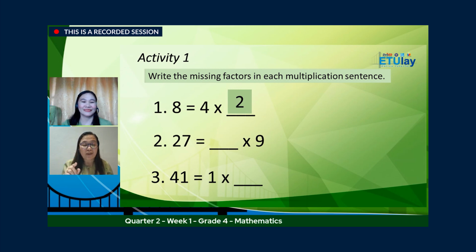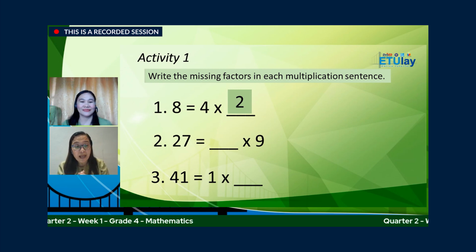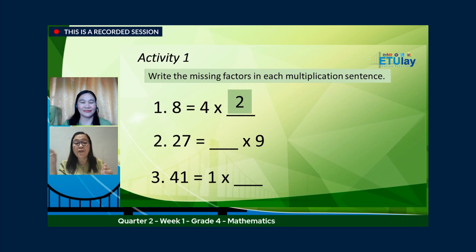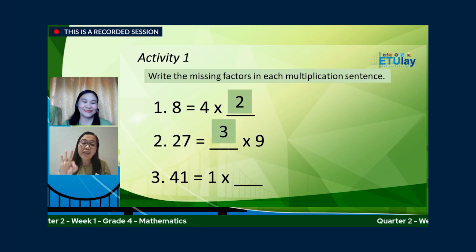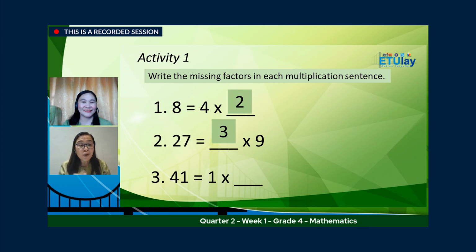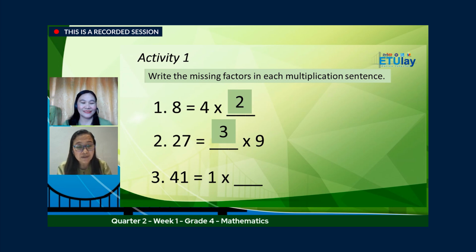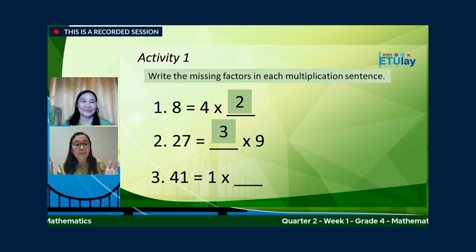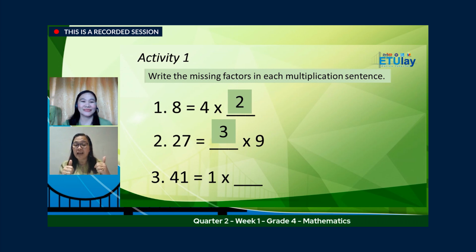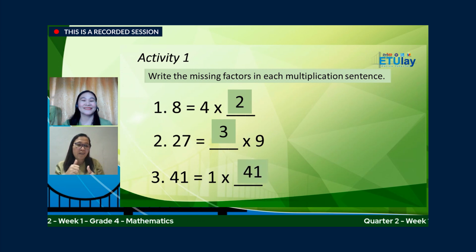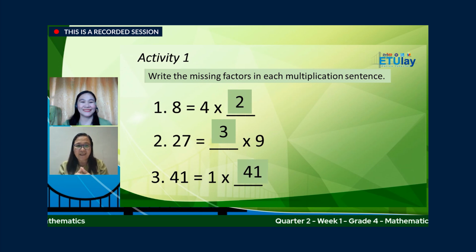For number 2, your product is 27. What is the missing factor? Blank times 9. If your answer is 3. Wow, ang galing, learners. Number 3, your product is 41. What is the missing factor in 1 times blank? If your answer is 41, ang galing-galing. Very good ang mga learners natin. Next,